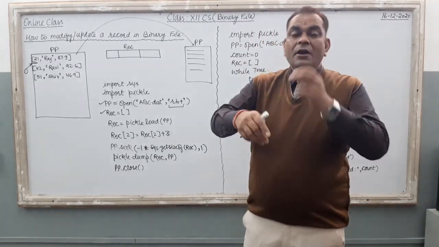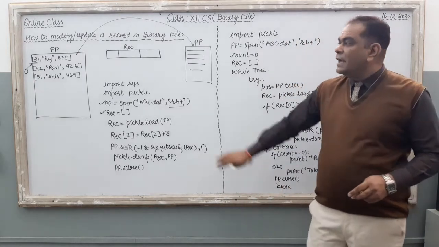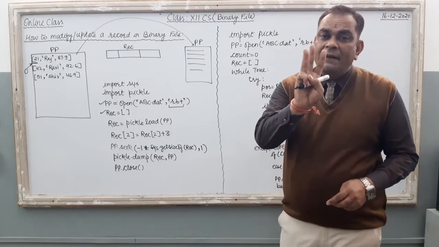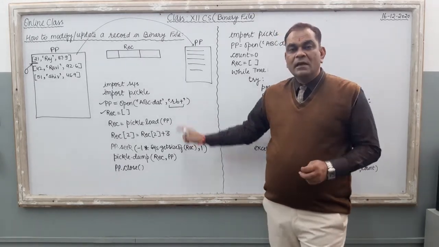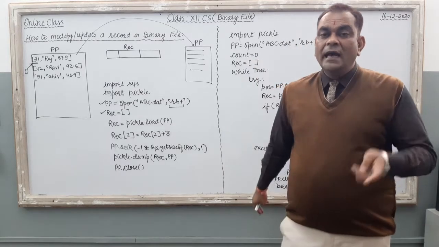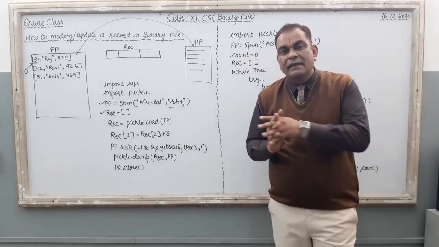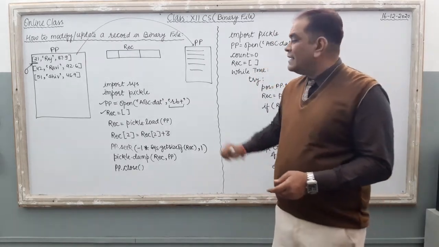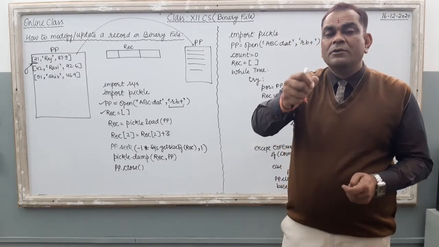By this function you just judge the position of the file pointer, right? So here in this modification and updation we require three different things. The very first, file mode, it should be rb plus. The second, seek. With the help of seek we can move the file pointer from one position to another position inside the file handle. And the tell function tells us which is the current file position.